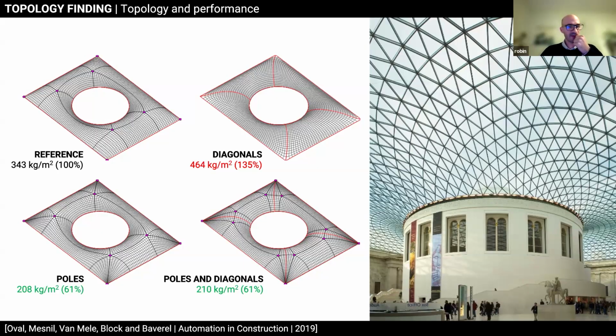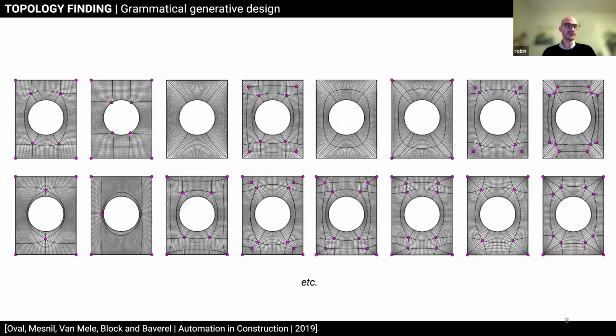And so that's what set out my PhD topic. How do we actually explore the design space of the topology of patterns? I just showed 4 examples before, of a fairly simple shape, so a rectangle and a circle in the middle. But you can see here just a subset of other possibilities. The differences are highlighted by these pink dots, the singularities, and shows that it's quite a complex design space because